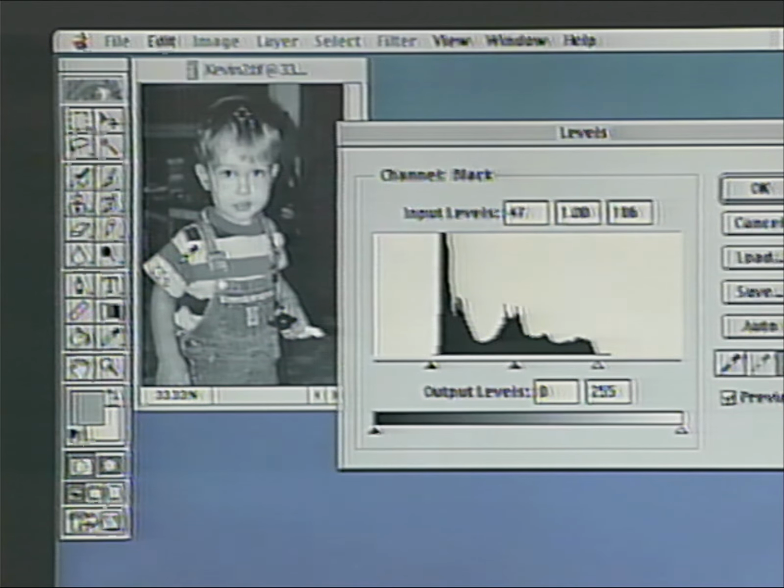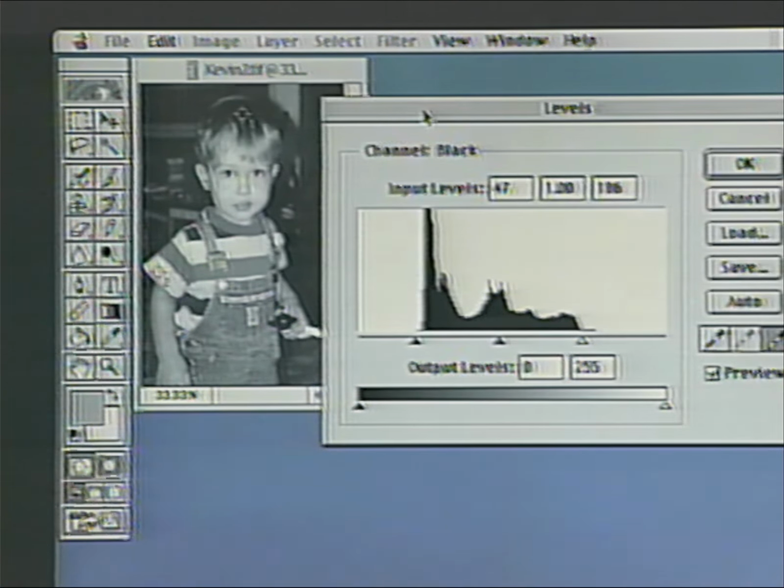Now, here's where we want to take it one step further, and here's where you can do one better than Auto Levels will do. A lot of times, especially if you're going to a printing press, you'll get the image looking great on screen, you go to press and it prints a lot darker. Well, that's because of dot gain. When ink hits paper, it starts to spread, and generally your image will print a little darker than it looks on screen. One of the things we can do to help guard against that, either on an inkjet printer or on a printing press,